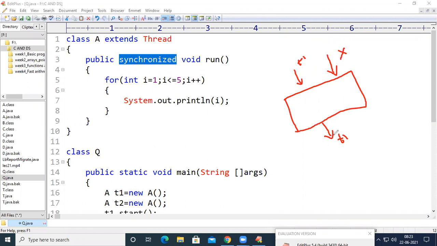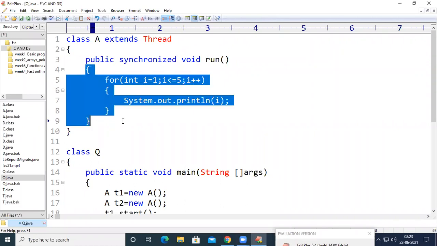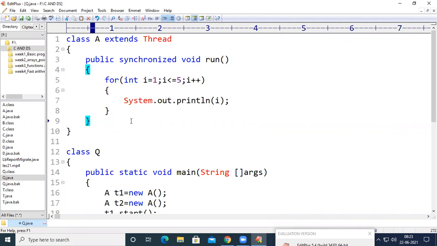After T1 comes out, one more thread will enter the block. While this thread is executing the block, no other thread will execute it. That is what the synchronized keyword does. So if you use this synchronized keyword, this block will be executed by only one thread at a time.